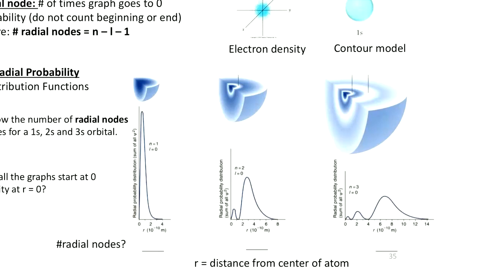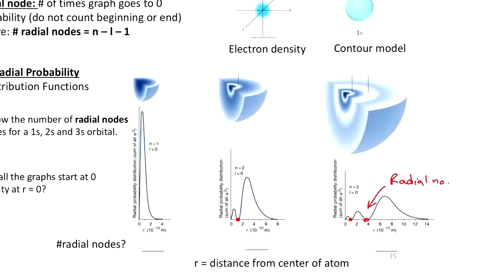The only stable place your electron can be is on an energy level. An electron cannot be between energy levels. And we see that in places where the radial distribution function goes to 0, where the probability of finding an electron is 0, right? So we call these points where the graph goes to 0 radial nodes.